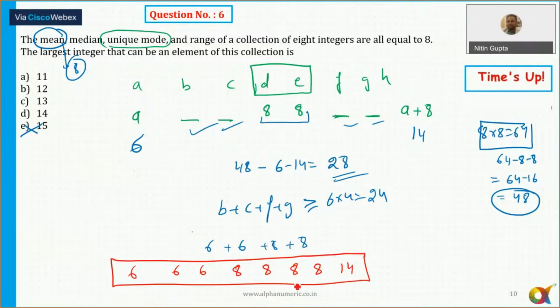So in this case, mean is 8, as well as median is also 8, as well as mode is also 8, as well as range is also 8. All the 4 values will be the same. So the correct answer choice is actually option D, 14. And in fact, that's a unique answer. It says all of them have to be integers, so only this one case works.